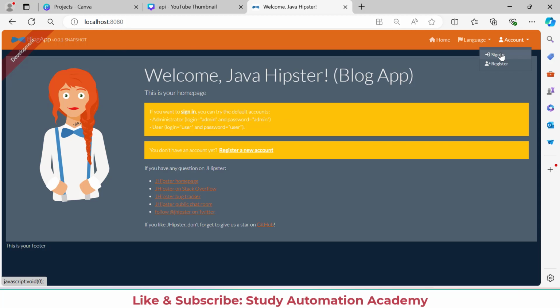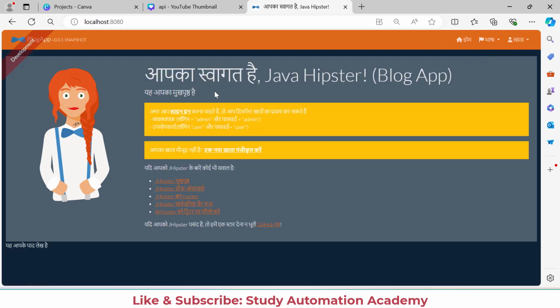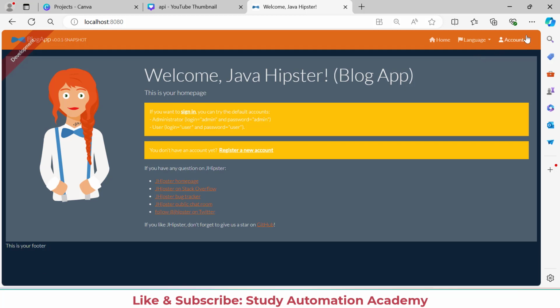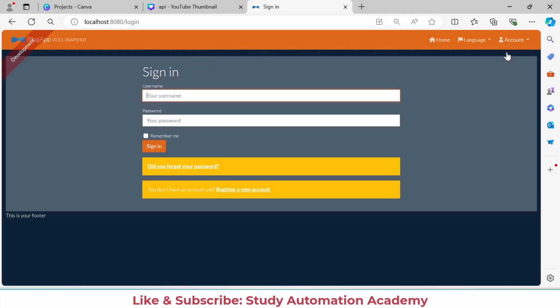And if you see here, we have language support as well. We added English, French, Hindi, Spanish. So if I'll just say Hindi, you will see it will automatically convert French, Spanish, and then by default English. Also, if you see here, we have account already created, which is roles and everything is already assigned. So if you just click on sign in, and the default user ID here, it is saying for administrator use admin, and for user just use user and user. So I'll just click on sign in, and here I will do admin.